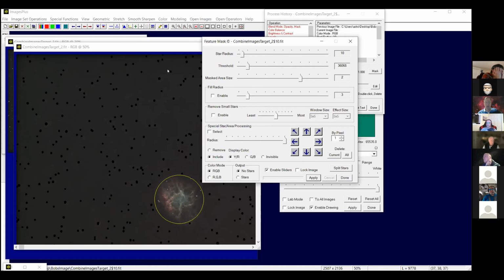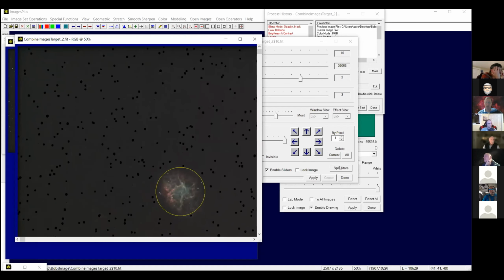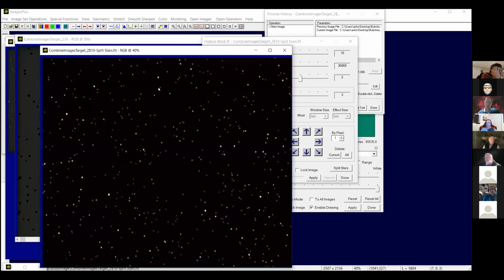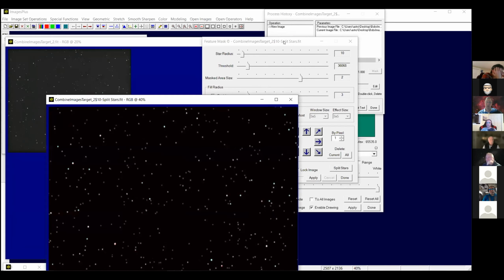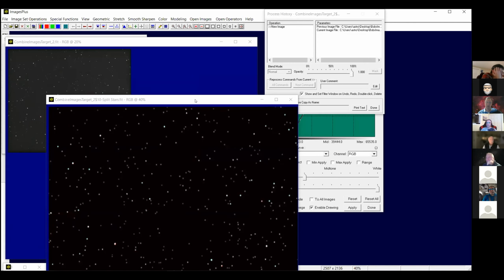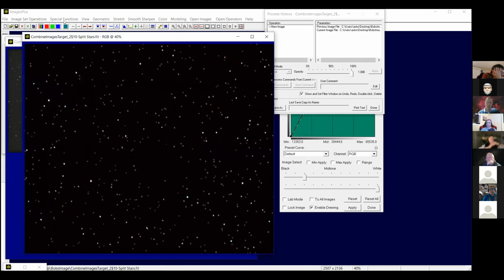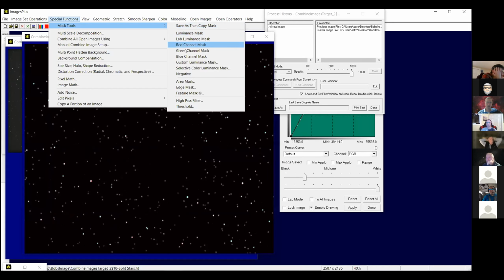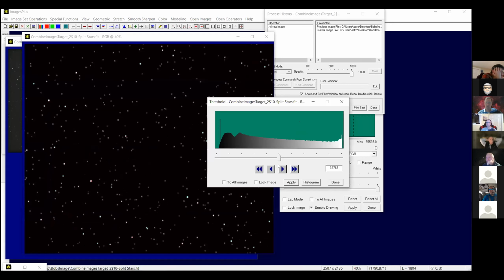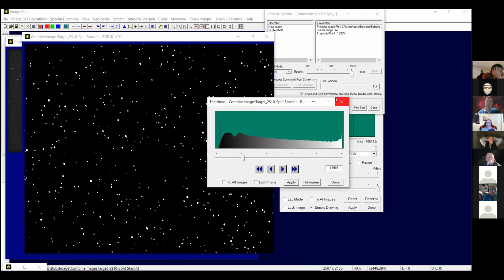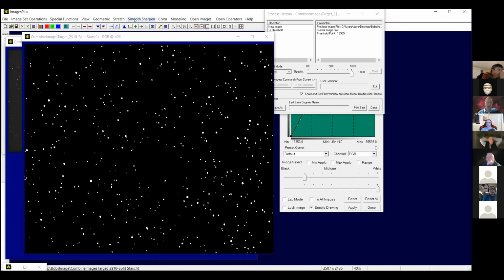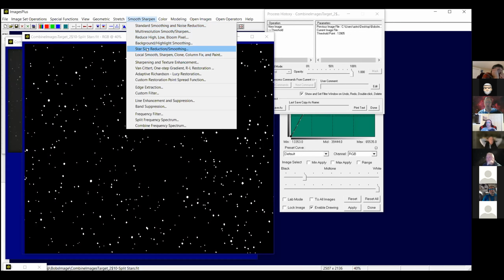There. Now what I'm going to do, rather than fill all the stars in, I'm just going to make a star image. Now we'll make a mask out of this image, and now we have a star mask with just a couple of quick button clicks. We now have a star mask, and what we'll do, we will use a thresholding operation to make the star mask nice and bright,